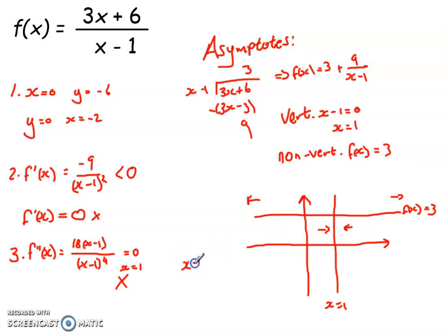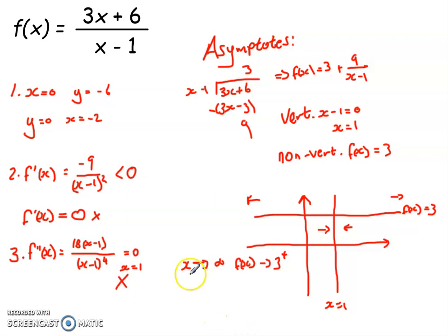So what I say is, if x tends towards infinity, let's look at that one first. As x tends towards infinity, the bottom here is always going to be getting bigger, which means that my fraction is going to be getting smaller. So I'm going to have 3 plus a tiny number, so it's always going to be above 3. So as x tends towards infinity, my f of x tends towards 3, but it's 3